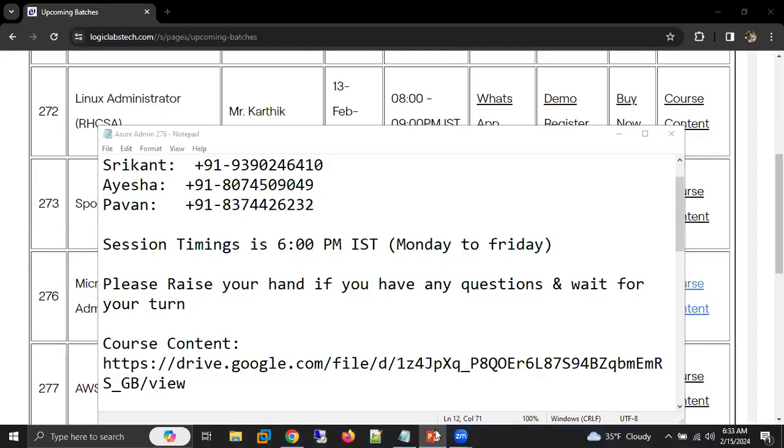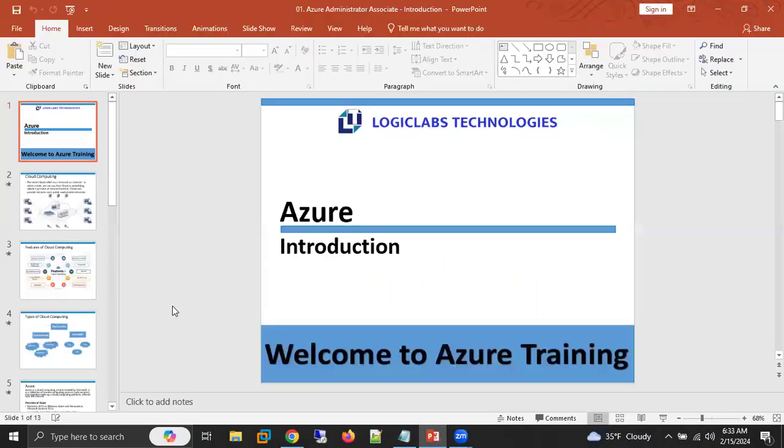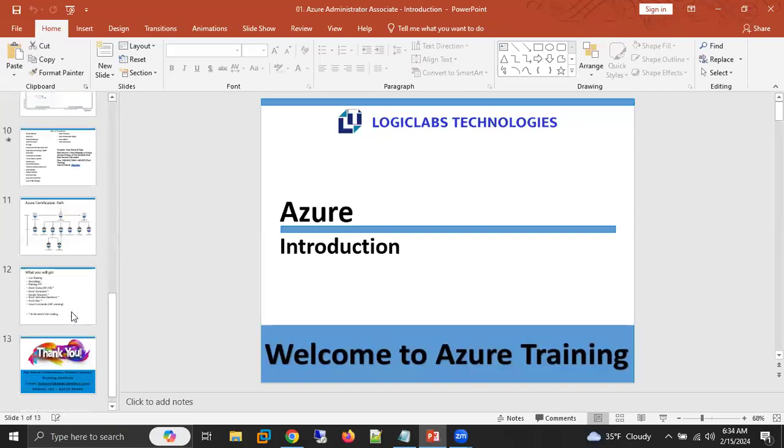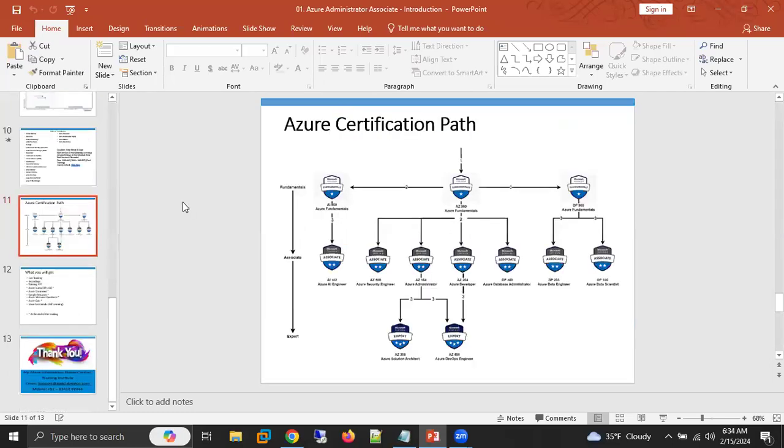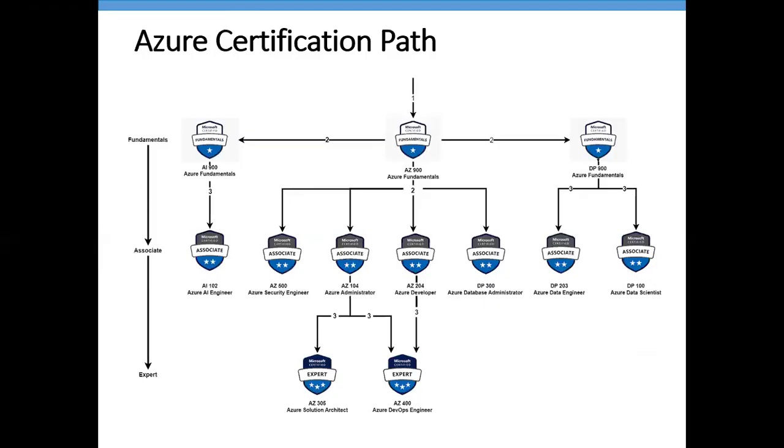Because a fresher or a person with any experience can join this course. But after that, there is one more training in the market called expert level. In expert level, those things you're talking about are covered. But to learn expert level, it is mandatory to have some knowledge of Azure admin. You can't go directly to expert level. Okay, got it. Thank you.